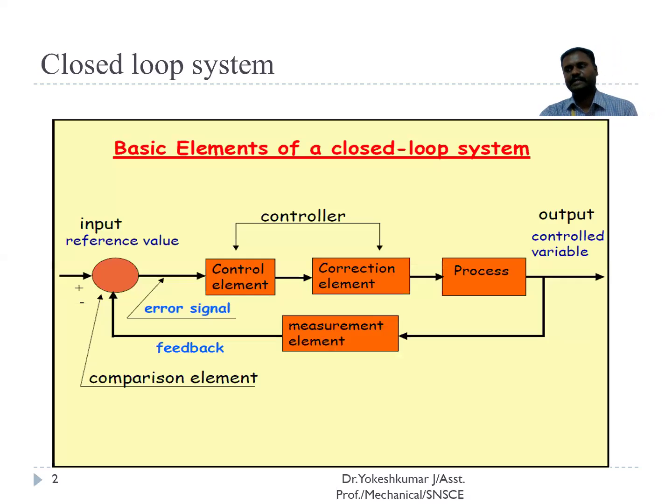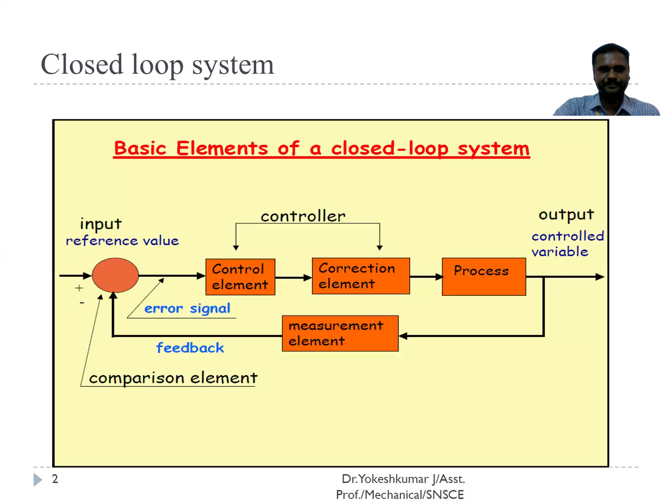So let us take an example, heating system. The process is to heat the enclosed space. Then the controlled variable is the temperature. So the control element, we have an input. That is the input signal that is based on the temperature being controlled. The correction element, according to the input, will adjust the heat so that the temperature can be varied. Here, what the system is doing is, after the process is corrected, we have a feedback signal